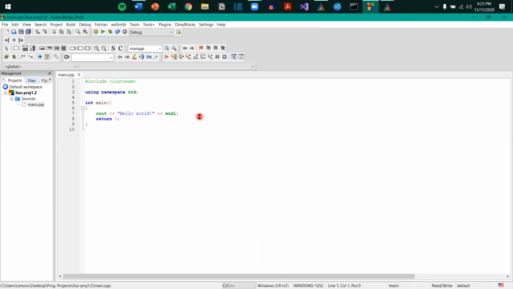Pero I'll make another video because it will be very long. I don't want long videos. Pero, ito naman yung parang tip ko lang if you're using CodeBlocks and you're not using Visual Studio. Kasi sa Visual Studio, you have the dark theme. Simply go to Settings.